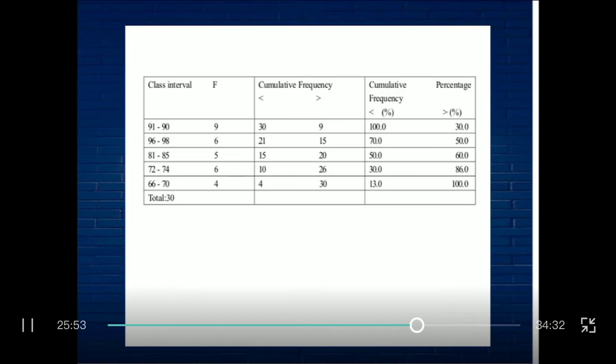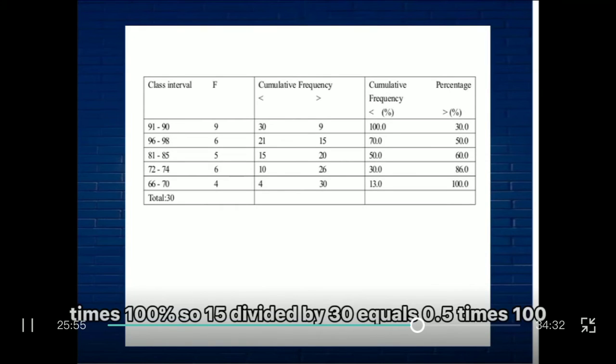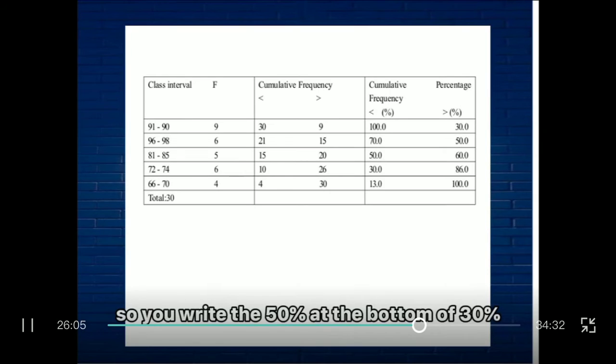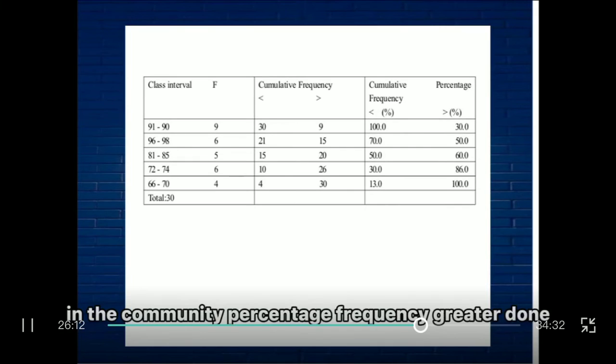equals times 100%. So 15 divided by 30 equals 0.5, times 100. The answer is 50%. So you write the 50% at the bottom of 30% in the cumulative percentage frequency greater